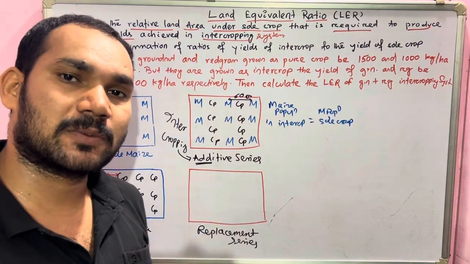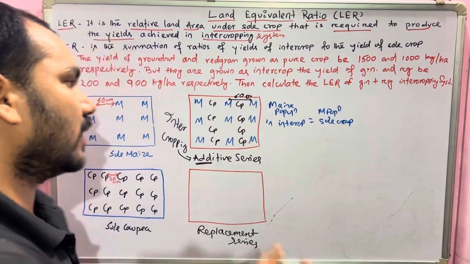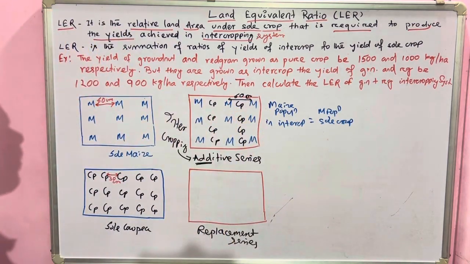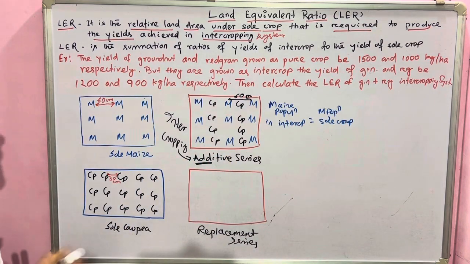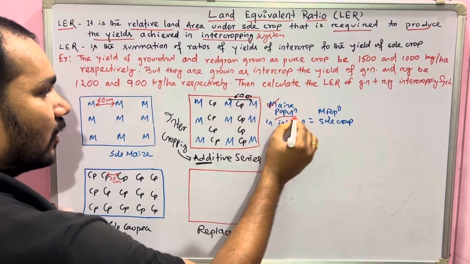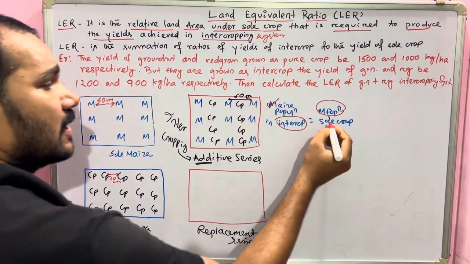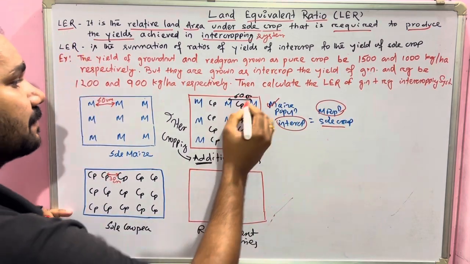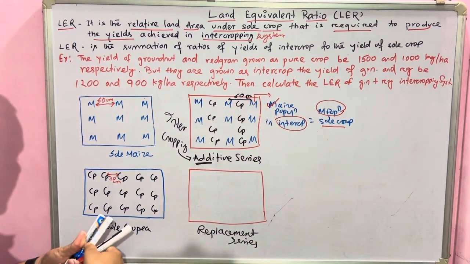The area divided by the spacing gives your population. As the spacing is the same, the population will be the same. So as the population of maize in intercrop is equal to the population of maize in sole crop, hence this maize crop is called